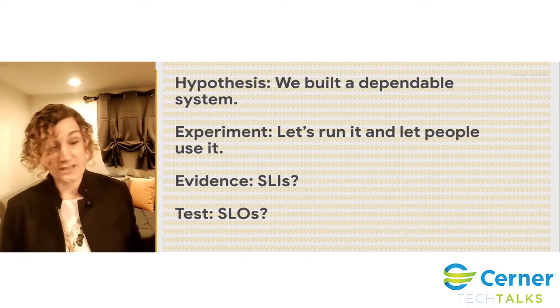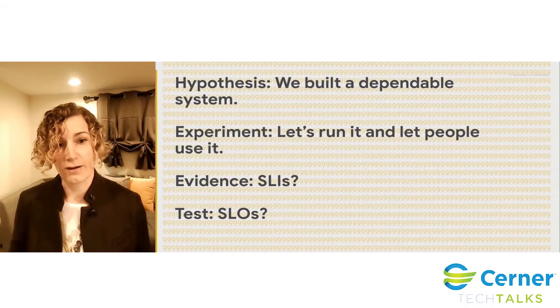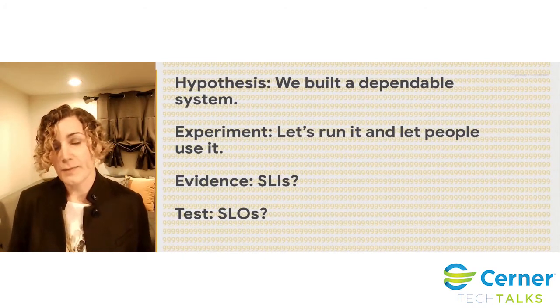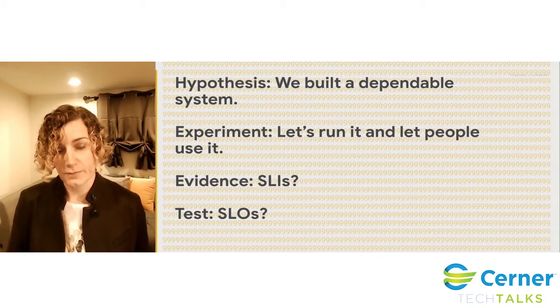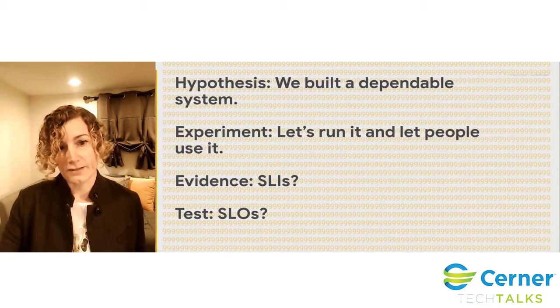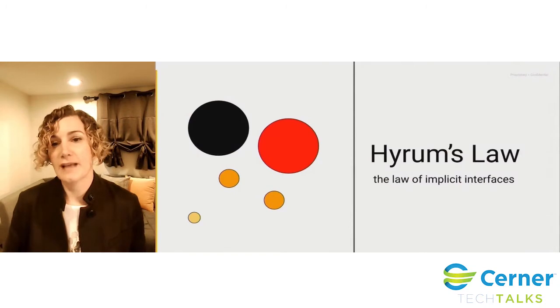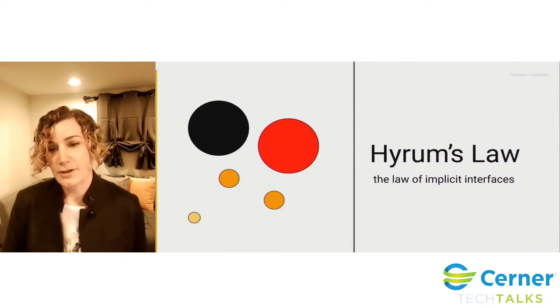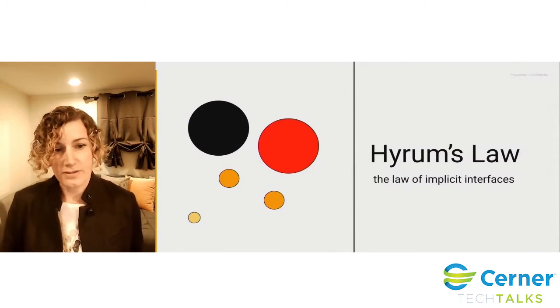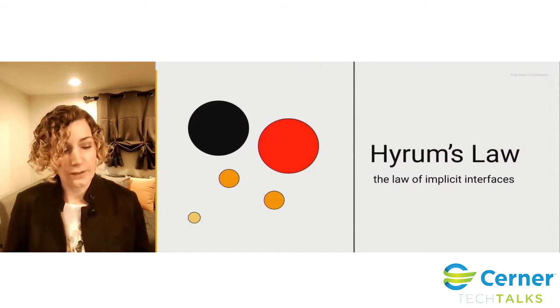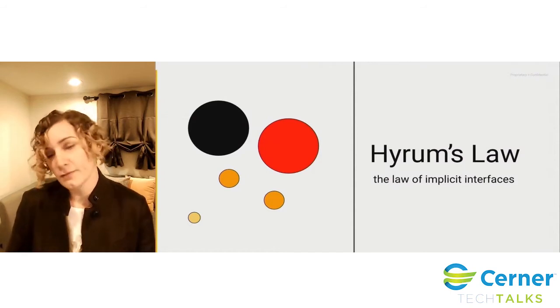And there are some organizations, there are some engineers and architects that do think deeply about SLOs when they're building their systems and try to manage to them. But I will say most people building software, what they end up doing is they end up designing their systems to Hyrum's Law. So Hyrum is Hyrum Wright. He is a software engineer at Google. He's one of the authors of Software Engineering at Google, a book about what it sounds like it'd be about.